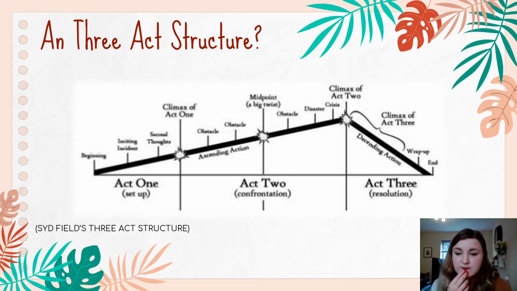We could also think about time differently. We could consider the 3-act structure mapping the different stages of Stella's pregnancy. So we know that she's roughly 3 months pregnant at the beginning of the play. And then we have Act 1, so up until scene 6, scene 7 being Stella's second trimester.